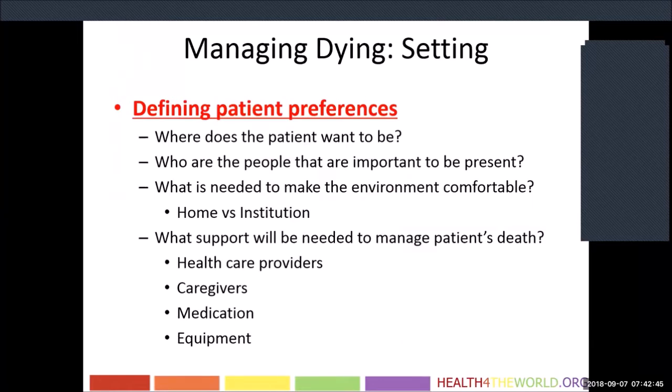When you're managing dying, you want to make sure you have the proper setting. And setting is not just where the person physically is, although that's important. Like if you're dying, it's important to understand, where does the patient want to be? Do they want to be in a home environment? Do they feel more comfortable in an institutionalized environment? But ideally, if you have options, can you give them that option they're asking for? And if you cannot, how can you make that environment tolerable with pre-planning? But you don't know until you know what's important to them.